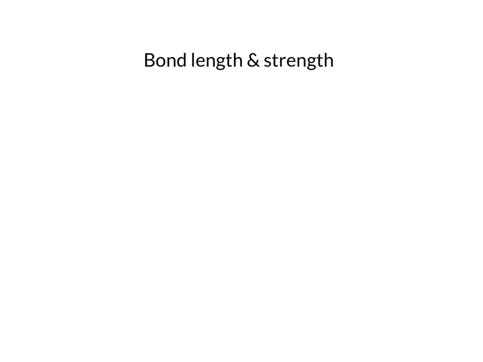Not all bonds are created equal. Some are longer and some are shorter. Some are stronger and some are weaker. So let's look at the principles that determine the strength and the length of a bond. The first thing that we are going to consider is the size of the atoms